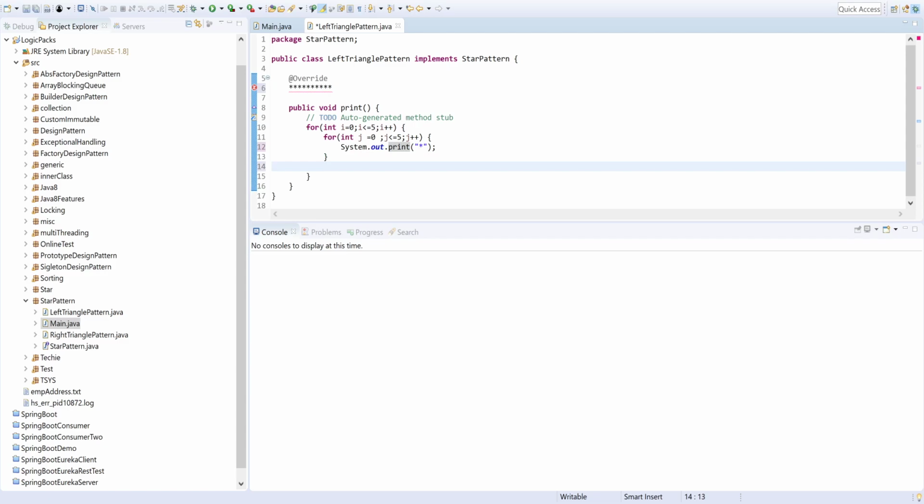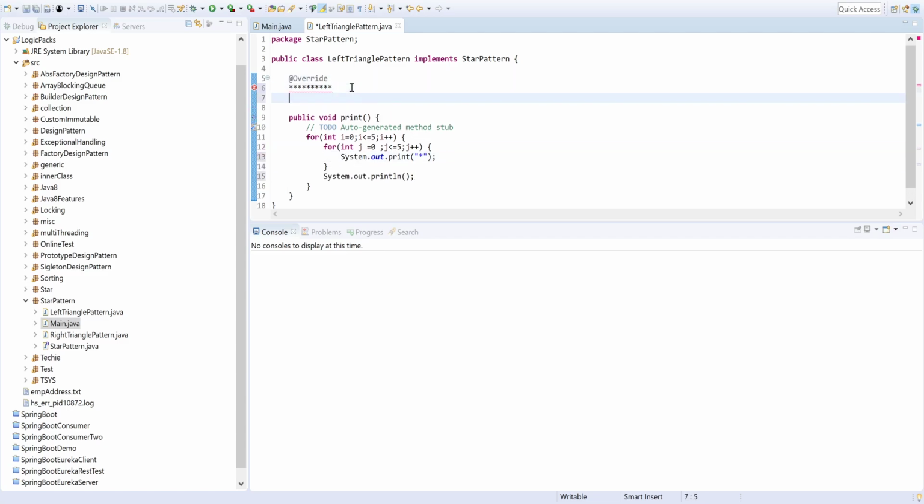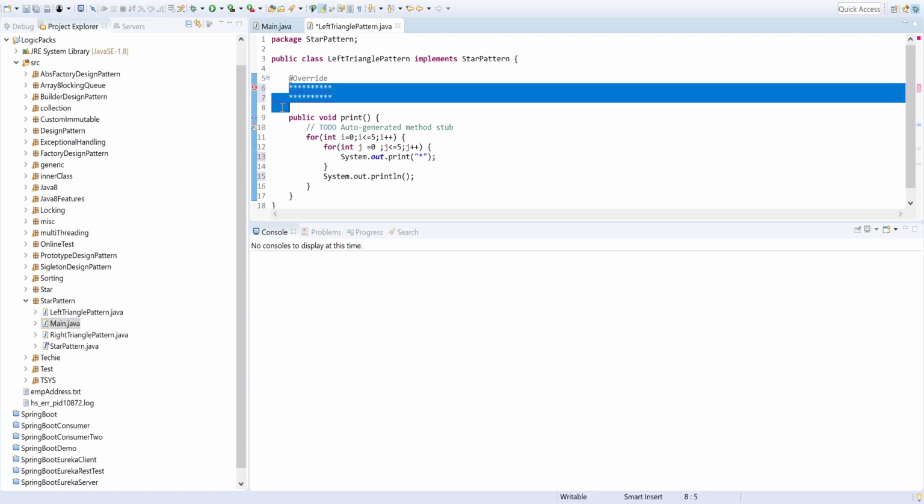You have to change the line. Then you would do System.out.println, which would change the line. So the next time, for i equals 1, this would print into the new line, so it would work in this fashion.